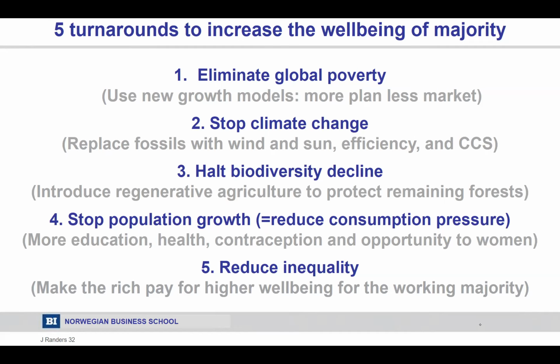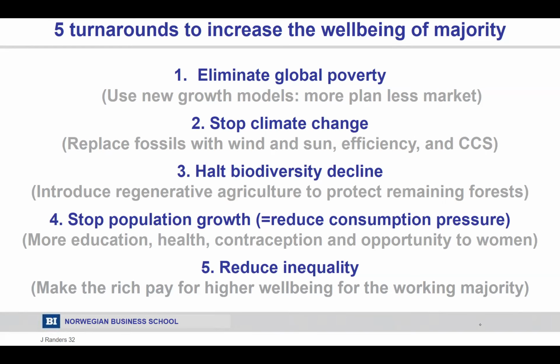On the fourth, I call it stop population growth. This is not politically acceptable language in the very international group that we represent. And so there it is called empowerment of women. It is exactly the same thing. It is supplying education, health, contraception, and opportunity to all the women of the world, which has 2 side effects. It makes the women happy.